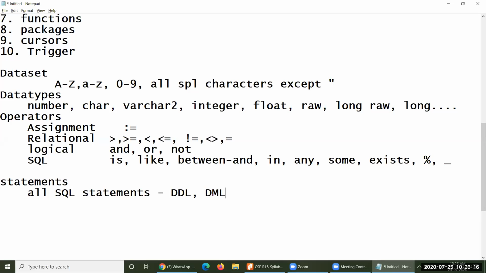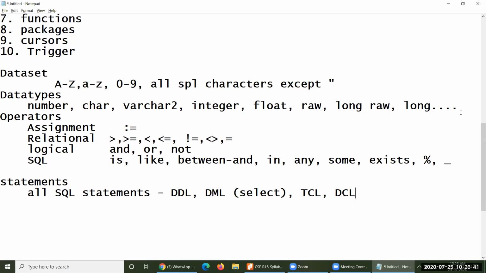A DML can be used except select. Select must have its own structure here. Remaining everything is common. TCL, transaction control language, can be used. DCL, data control language, can also be used. All other statements you are supposed to use as they are, except select.